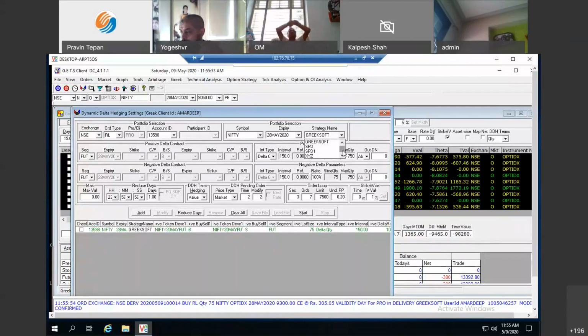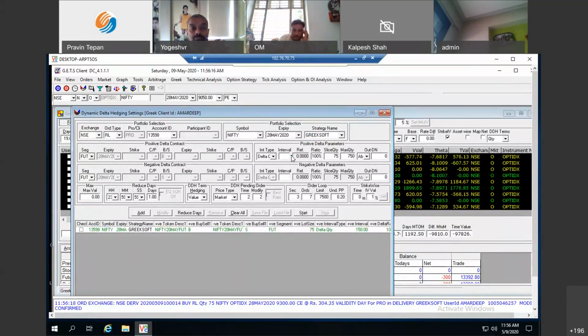It is highly advisable. Moving ahead, let me stick to Greeksoft for a while. Okay. Now, there are different methods by which you can hedge your delta. The most commonly used method is delta quantity. So, say for example, I tell the system for a particular strategy, you know what? Whenever you see 75 delta or say 150 delta, so you can change the quantities.